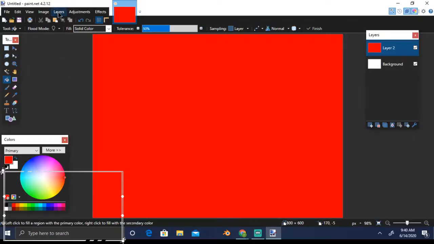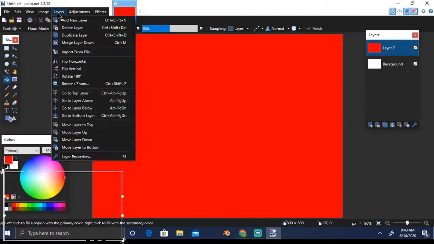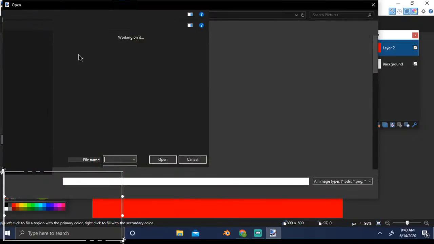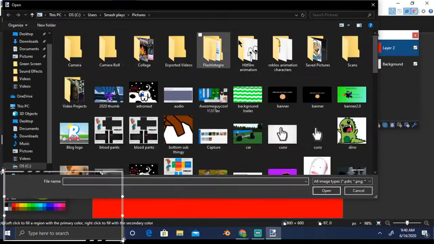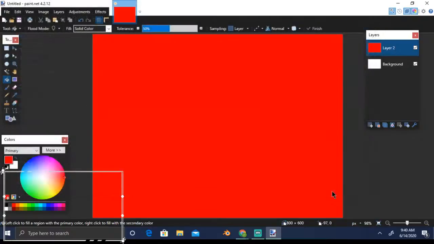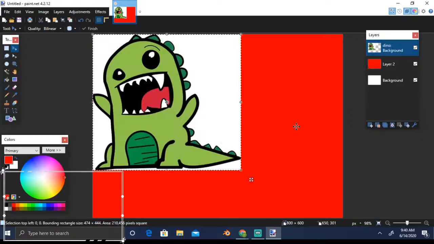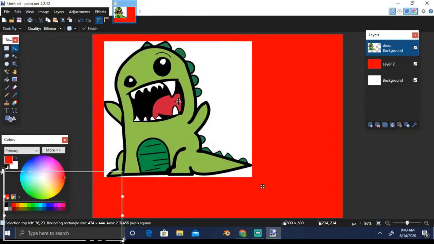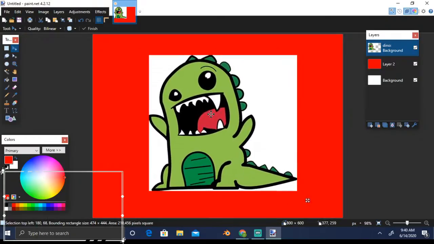For that, you can either go to File, or once you have already opened the canvas, you can import a new picture by going to Layers and selecting Import from file. Just select Import from file and you can import any picture. Say we import this one. Because we inserted this picture from Layers, it has created a new layer by default, and that is a good practice. Always put a new thing on a new layer.